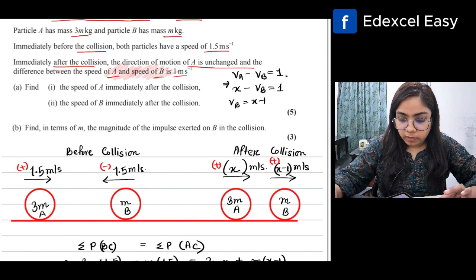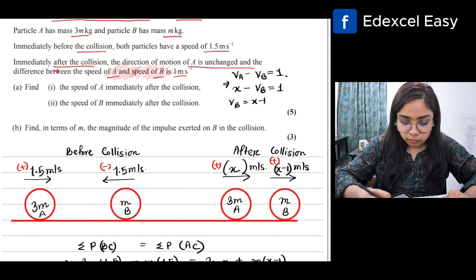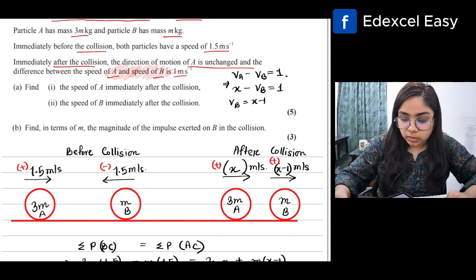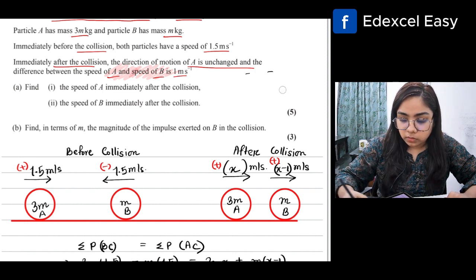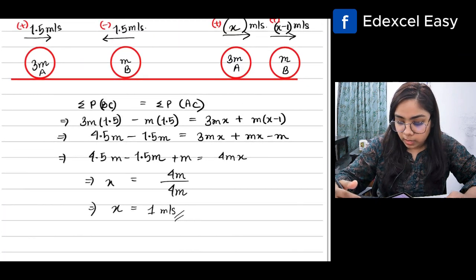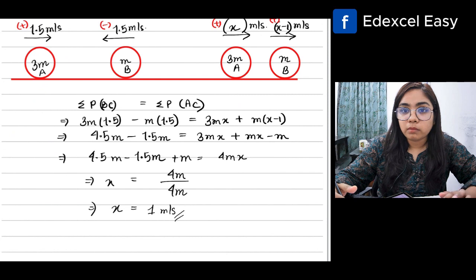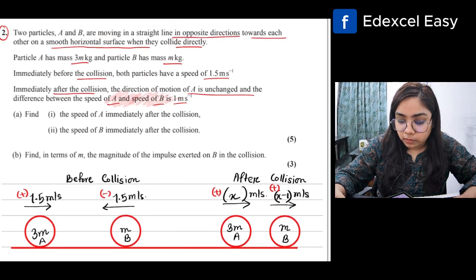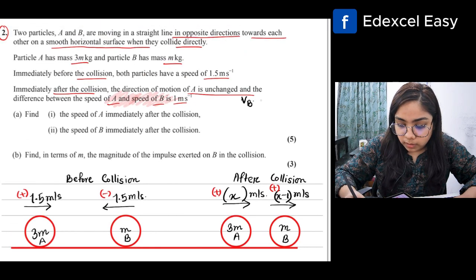But I think my assumption over here was wrong. Over here it says that the difference between the speed of A and speed of B is 1 meters per second. So I should have rearranged the equation the other way around, because in this way, if the velocity for A is 1, according to my assumption, B would be 1 minus 1, 0, right? But that was not the case. B was not stationary. B was in motion. So I have to think of the other difference, which is going to be VB minus VA equals 1,